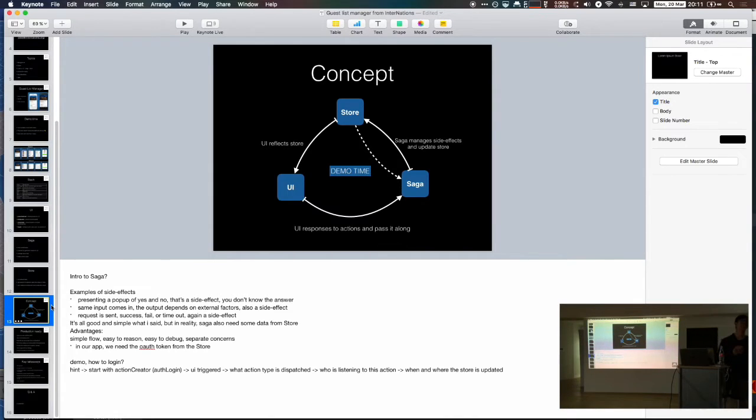Why do you use ES6 generators for something that seems more natural for promises? Generators actually work well with promises. We also have that in part of the code. For example, the thing I mentioned, bringing up the pop-up, is also a promise, and we use promises there. And the generator just gives us